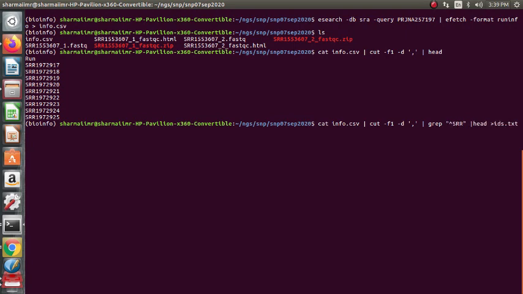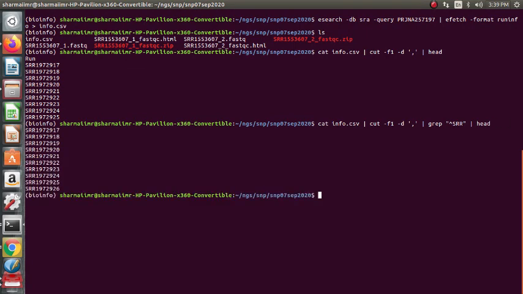Specifically you can give a caret for a strict grep, and then tee IDs.txt, so you get only the SRR lines. Okay, this is understood.